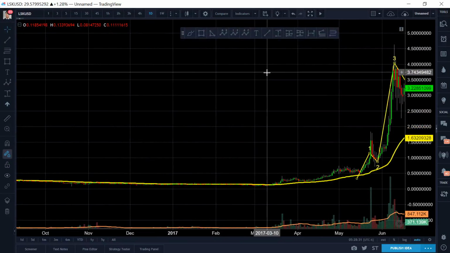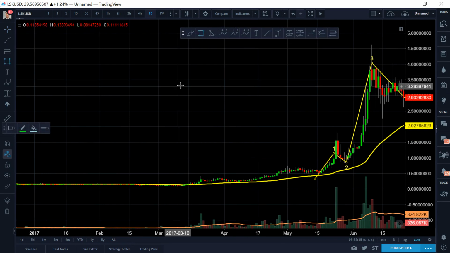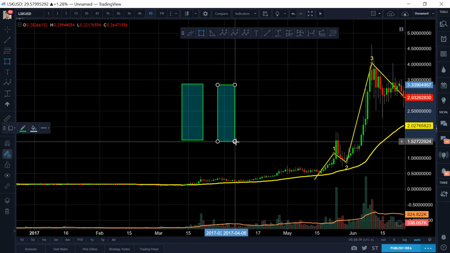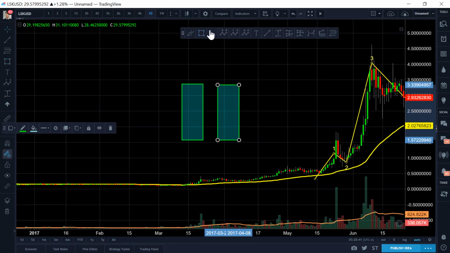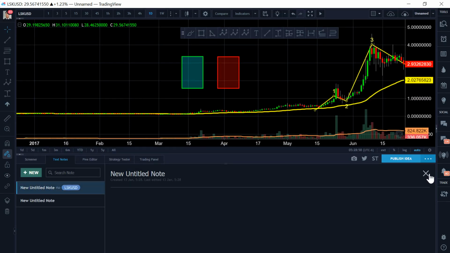Okay, let me explain to you guys the mechanics of this, of a wick poking through for Elliott wave. First of all, we have to understand the mechanics of a wick. If we have, for example, a green candle and a red candle like this next to each other, on a much larger time frame, because